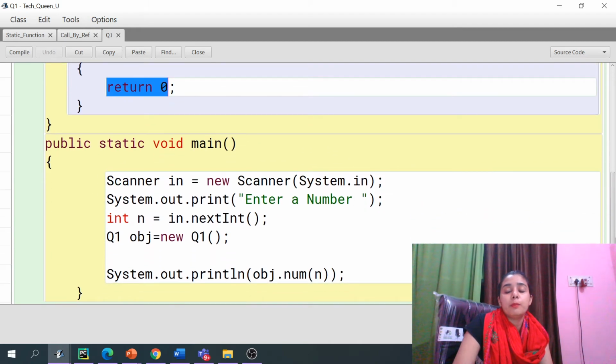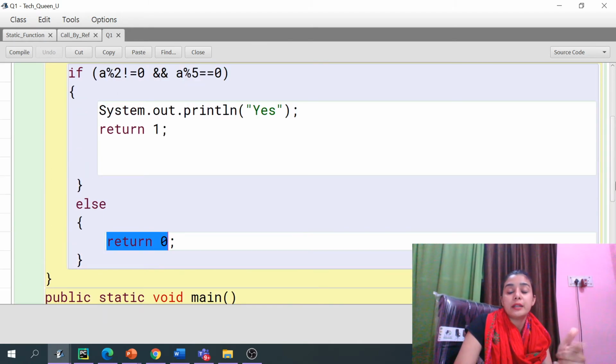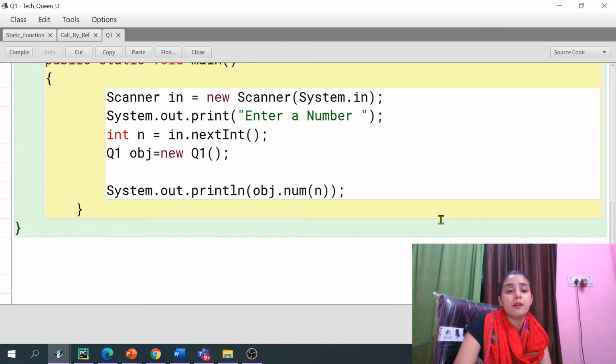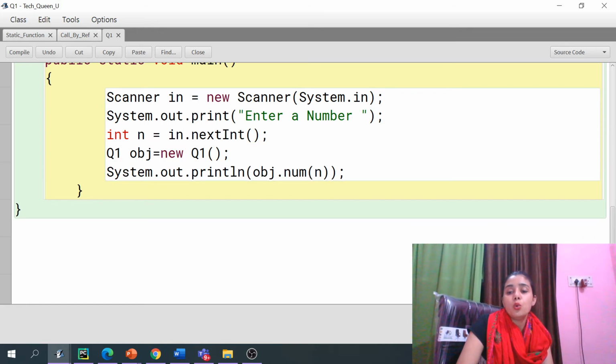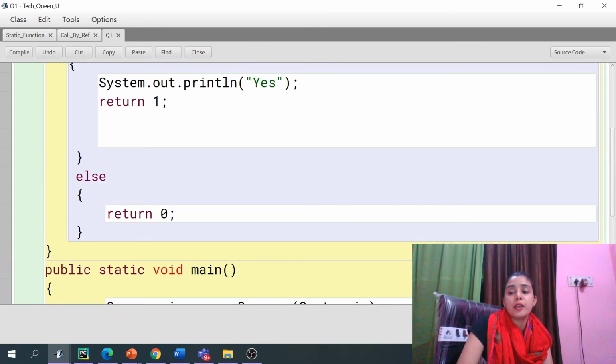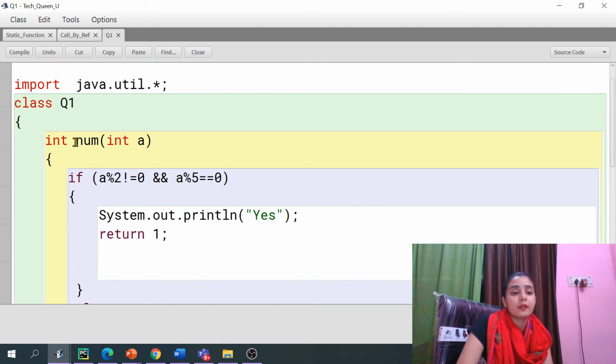Both return values are returned to the place where you have called the function. Here it will be received, and here only you print that. So this is where you are returning and receiving both things: returning integer type only, and receiving integer type only.